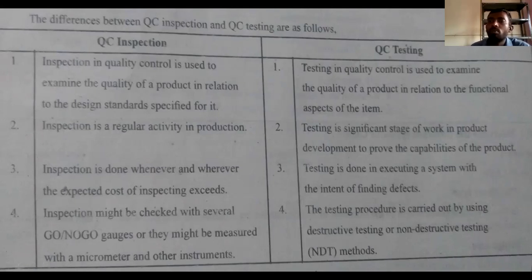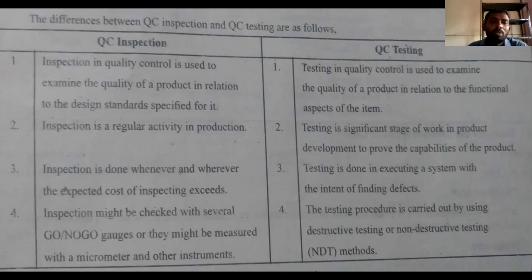So for each and every product for a day, we manufacture some, maybe 20 products. So the quality of those 20 products must be checked today. The day after tomorrow you may manufacture 50 samples. From those 50 samples you can choose any one at random to check the quality of the product. So these are the inspection and testing methods used day to day in production.